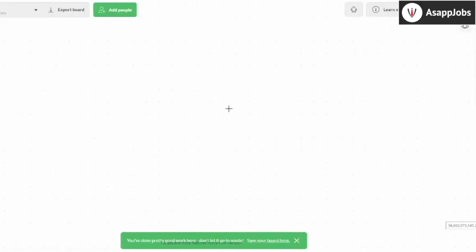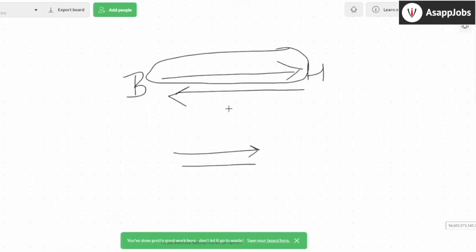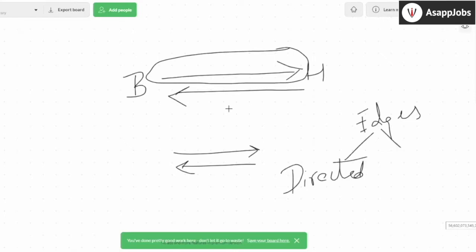Okay. Now the second question comes: what are the types of graphs? I mean, what kind of relationships can you see? If you ever go on any national highway, right, if I want to go from Bangalore to Hyderabad, there are two side roads, or one side road, right? But on the first side road you can only go one way; you can't travel both ways on the same road. But if you look at the service roads that we have in Bangalore, people can travel both ways. So that's one specific characteristic of the properties of an edge. So the edges that you have can be of two types. It can be directed, as in it is only one-directional and you can't go in both directions, or it can be undirected.